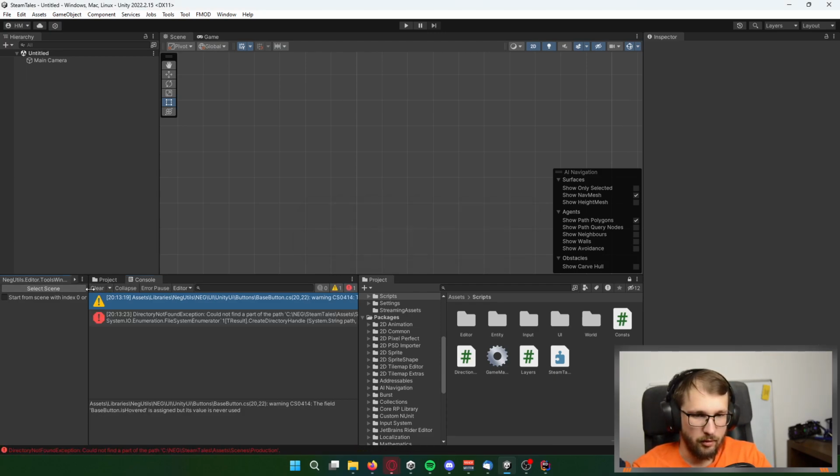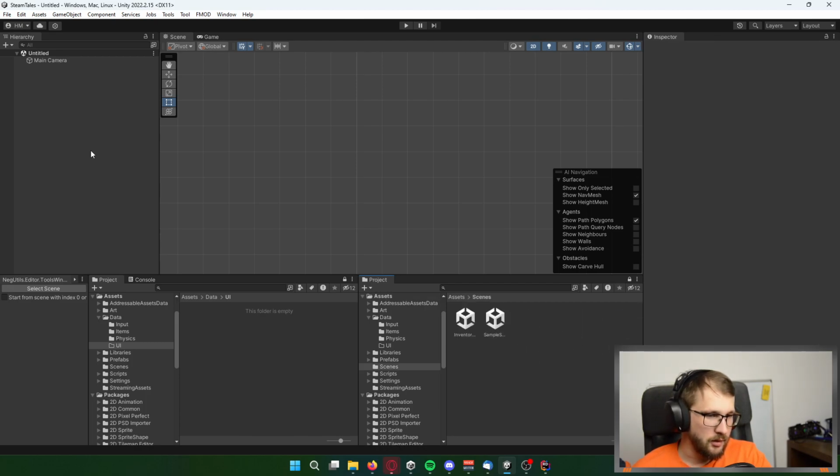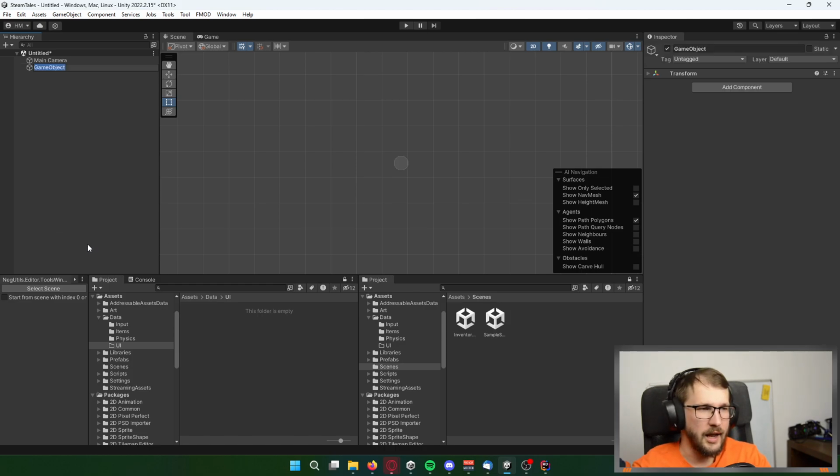Okay. Oh, it's not working. Oh, because the scene structure is different here. Okay, let's go with this untitled. Let's create empty